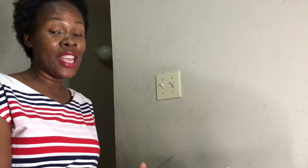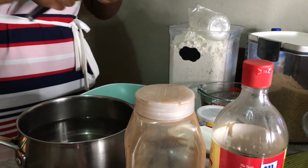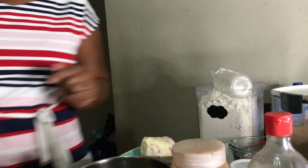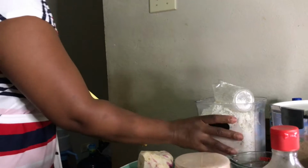So today I'm going to attempt a dish. The St. Martin dish is Johnny cake and chicken leg. I'm going to try to incorporate sweet potato into Johnny cake, so I'm going to make sweet potato Johnny cake for you guys. Yes. Let me get my cutting board because this is not working out in my hand. Sweet potato Johnny cake. As you can see, I'm peeling almost full my sweet potato for my Johnny cake,